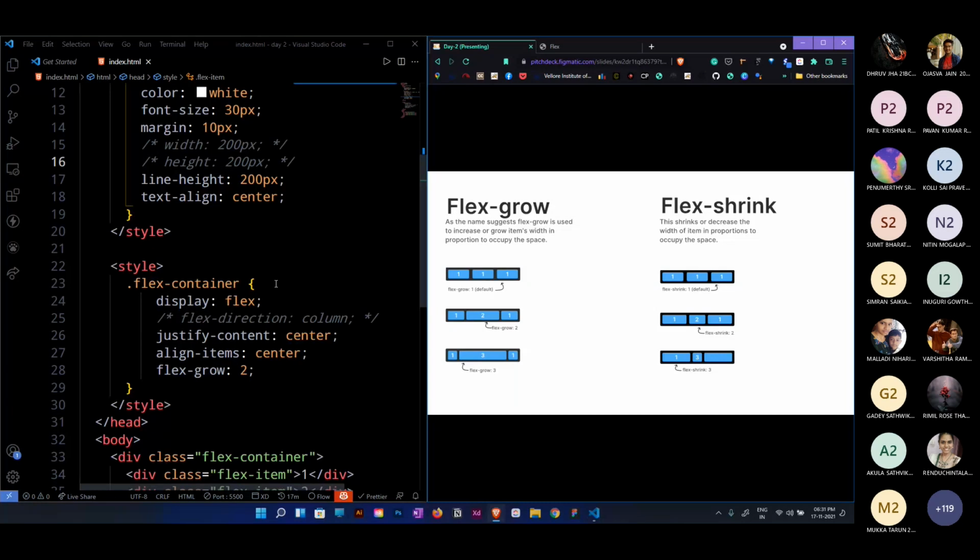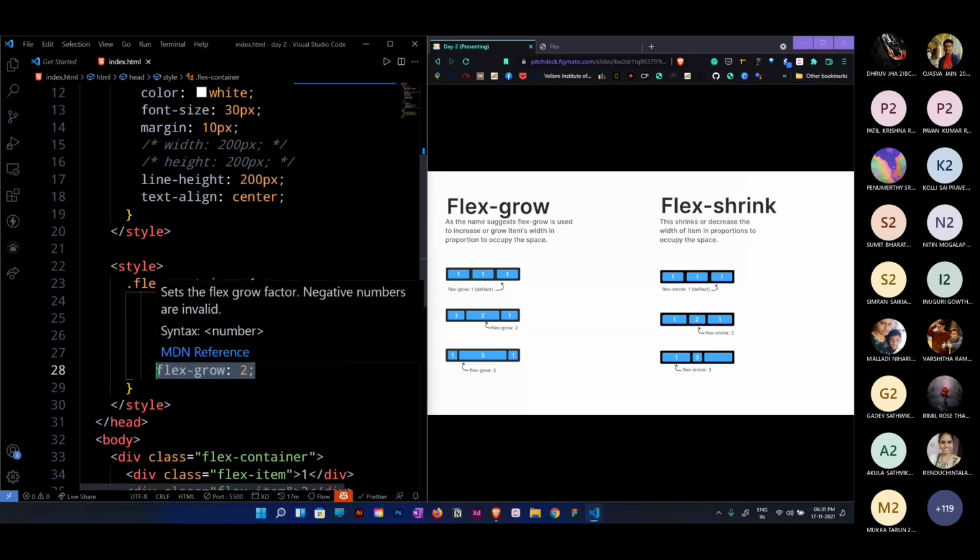They are used in things like responsiveness, which we will see when we make the project at the end of this session. You can understand by seeing the image: by keeping flex grow as 2, the element will take two times the width, and as 3, three times. Sorry, my bad.